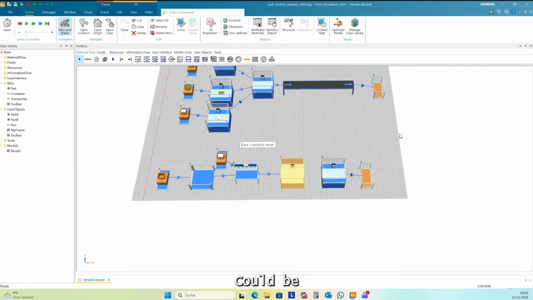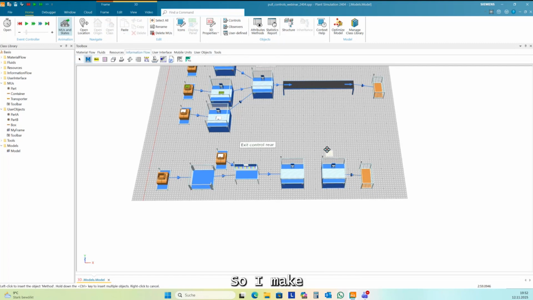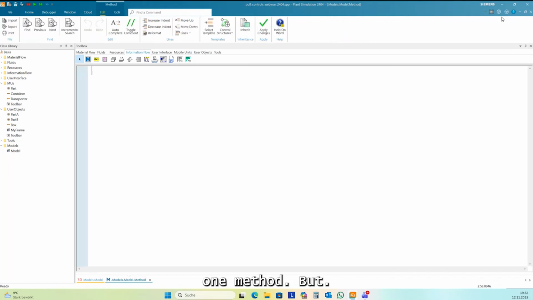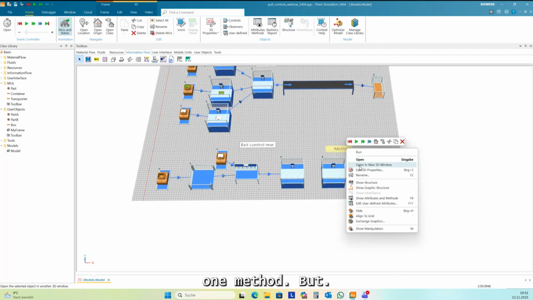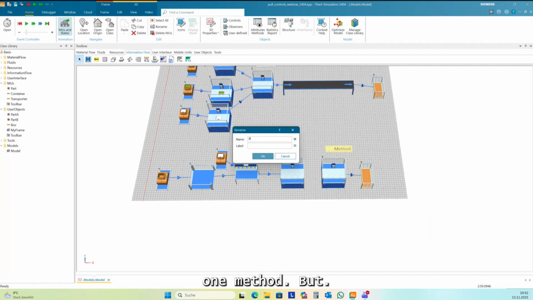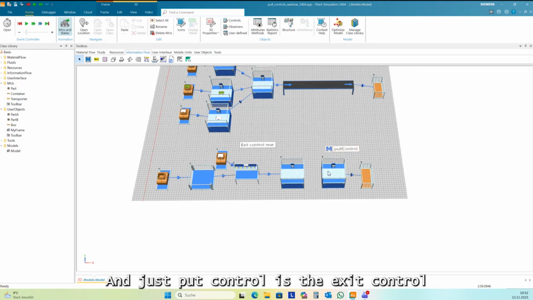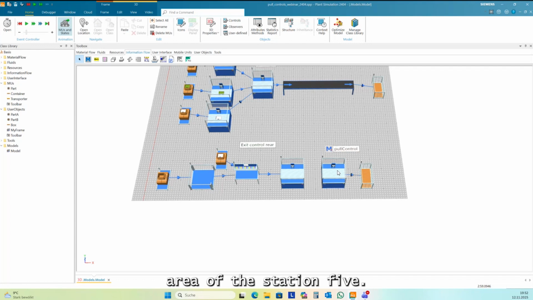Another way could be to create a pull control. So I make one method. And this pull control is the exit control area of this station 5.